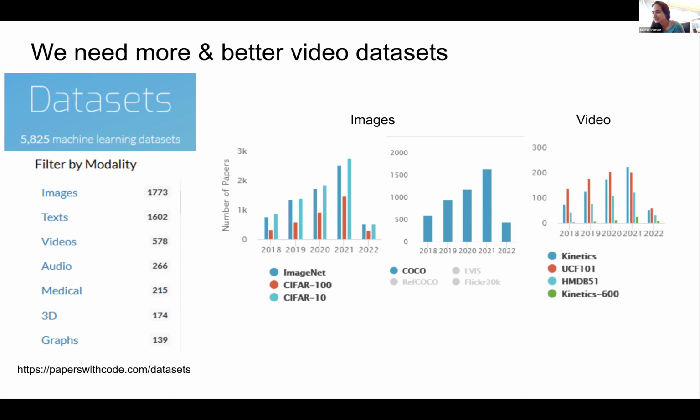They're actually not the best data sets, I would say. I'd say there's a lot of work to be done on the data set side, and the number of papers that are working on this are 10x lower than the number of papers that are working on images. So people are still really focused on images.